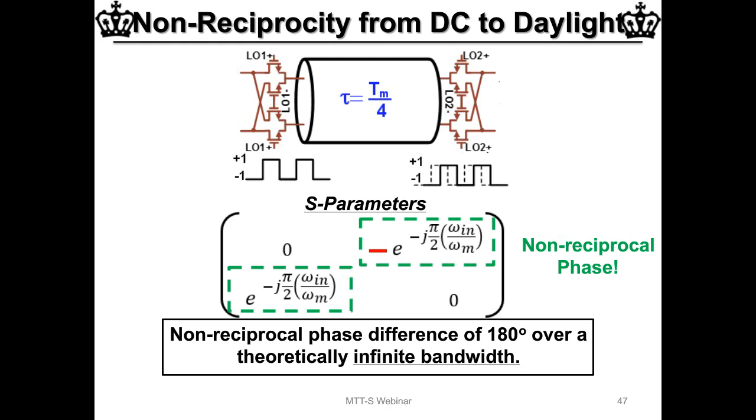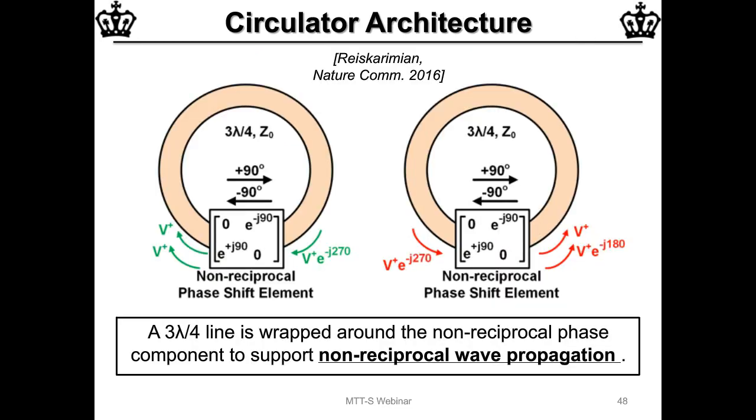Now, of course, practically speaking, these switches will have some parasitics. There are limits to how fast they can be switched. The transmission line will have some dispersion. So, of course, there will be practical limitations to the bandwidth of this gyrator, but from an ideal sense, it is infinitely broadband. So now with this gyrator, we built a circulator,